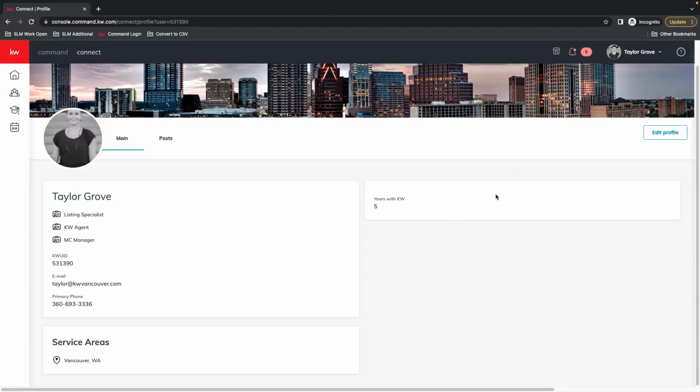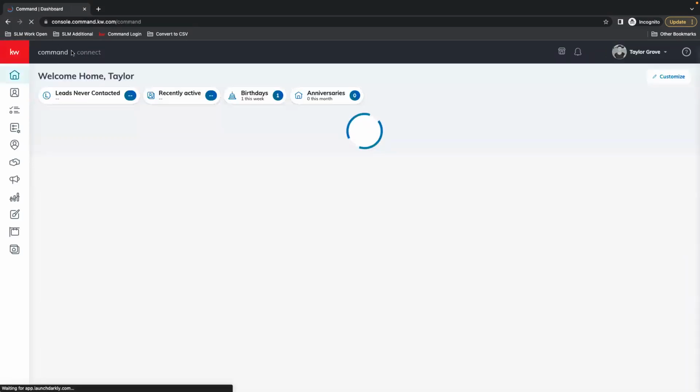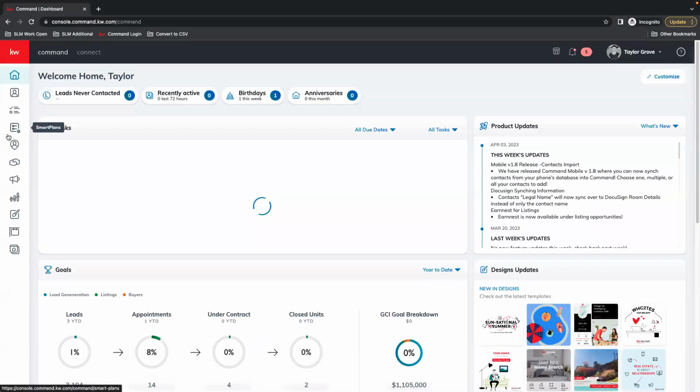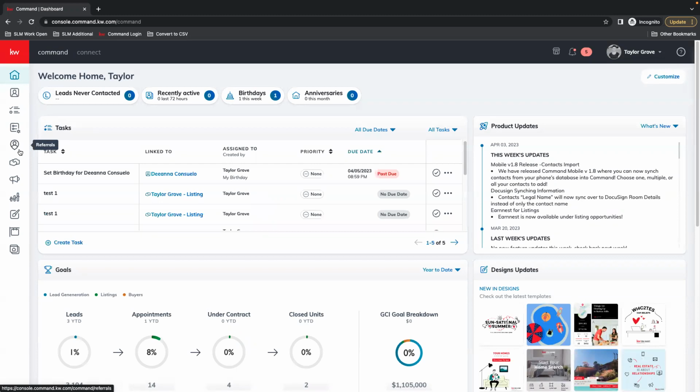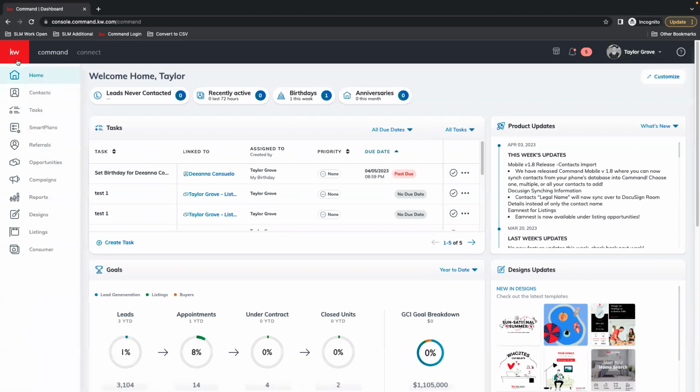All right, once this information is up to date, if we go back to the main command page and then referrals, I'm going to click here on the KW in the upper left-hand corner, so that pops out the name of each of the menu icons.